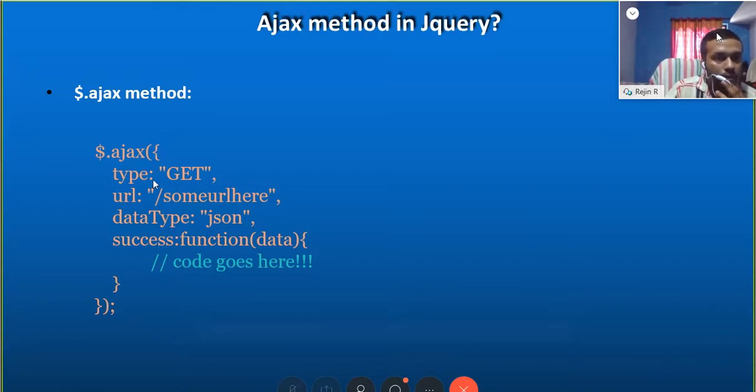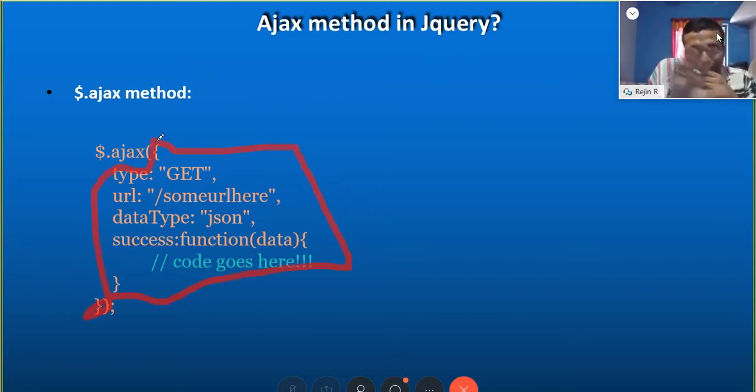Within that bracket you have to type an object. From this bracket to this, this whole thing is a representation of an object in JavaScript.